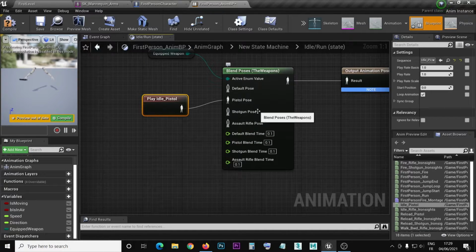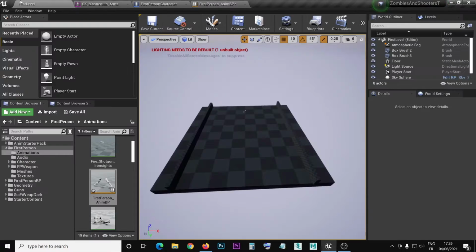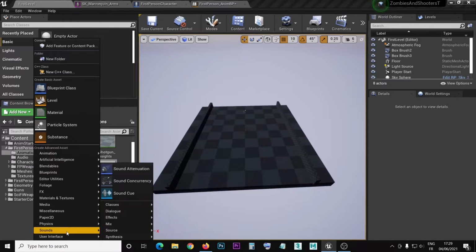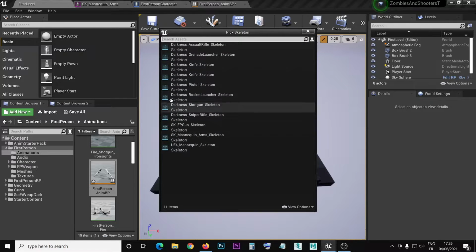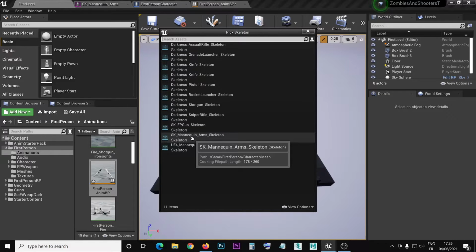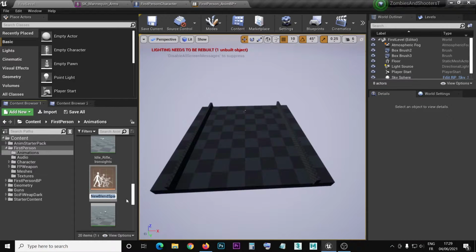If we have the shotgun or the assault rifle, we're gonna create a custom blend space for these situations. So we return to the animation folder and add a new blend space. Here it is. We choose the skeleton, of course: SK mannequin arms skeleton. This is the skeleton of our character, and we're gonna call this blend space